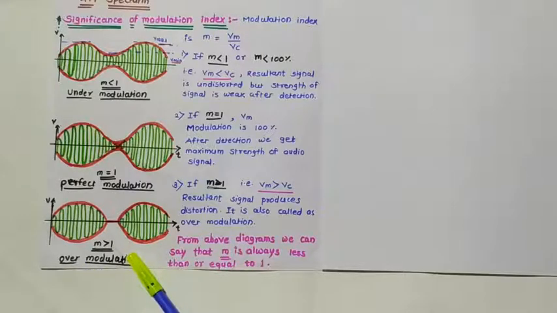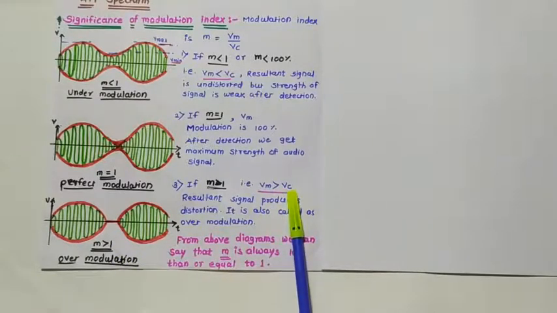This will cause severe distortion of the modulated waveform. Therefore, the waveform is flattened near the zero line. You can see the waveform is flattened near the zero line. The negative peaks of the output waveform are clipped. Here, negative peaks are clipped off. Therefore, overmodulation is undesirable. Okay, students? So this is called overmodulation because the amplitude of the modulating signal is greater than the amplitude of the carrier signal.